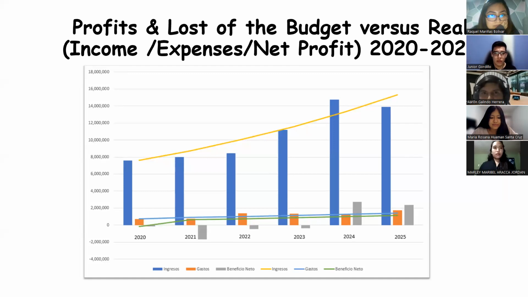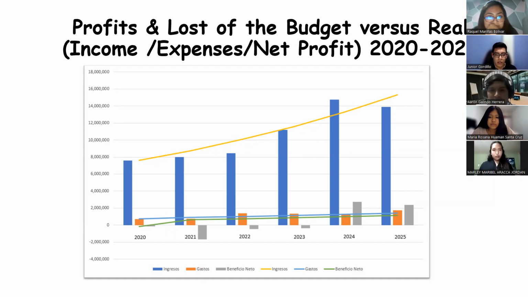Carrying out an analysis of the profit and losses projected against the real, we can say that revenues have gradually increased significantly, obtaining results similar to those forecast with a negative difference of approximately 10% year after year, with the exception of the year 2024, where the forecast was exceeded by 10%.